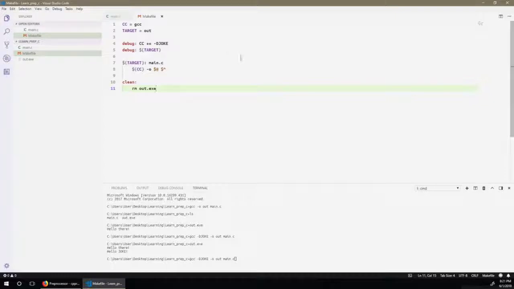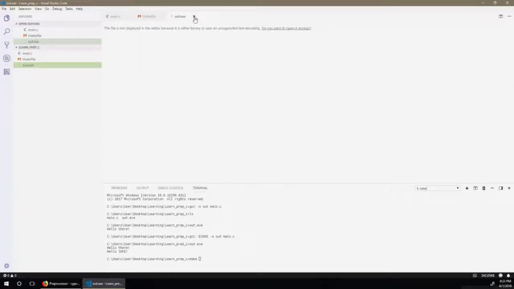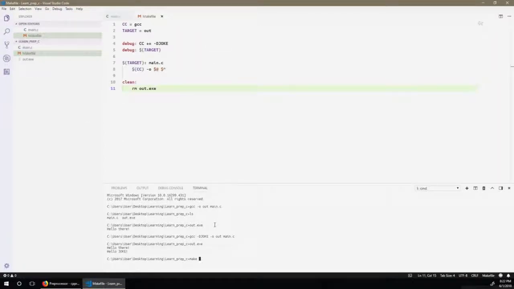So now what I'm going to do is use the makefile. First let me clean it. As you can see, I have out.exe over here, so I'm going to clean it out. So I'm going to call make clean. Then once I have that, let's say I don't want debugging. So what I'm going to do is just make,